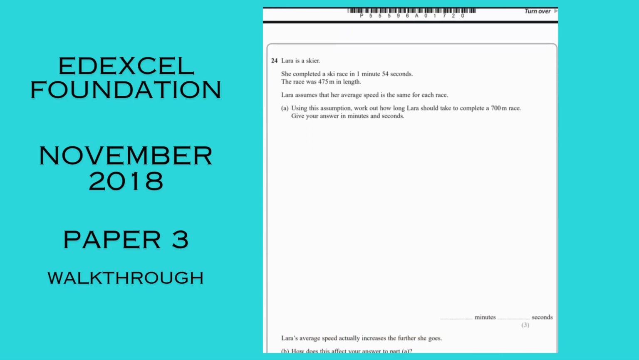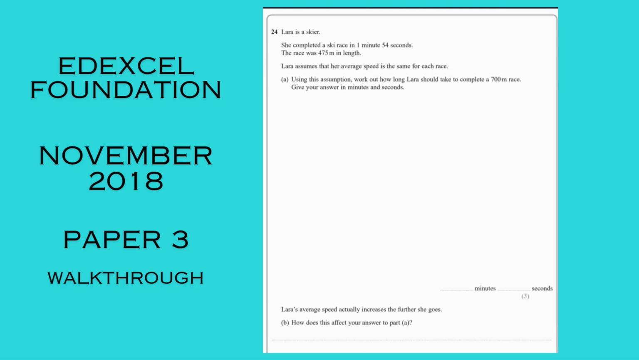Question 24. Lara is a skier. So, she completed a ski race. So you've got 1 minute 54 seconds. Never a good idea to have a conflict of units, because putting 1 minute 54 into a calculator, not the greatest. So I'll get that changed. Lots of words, but it tells you one key fact. She covers 475 meters in